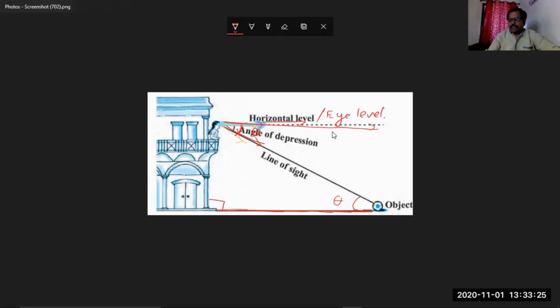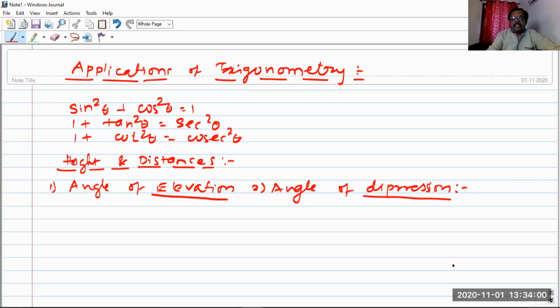So all these things can be obtained with the help of trigonometric functions, as the trigonometric functions are defined in terms of the sides of a right angle triangle, right? That we have already learnt in the previous topic of trigonometry. So the same thing we are going to use here to find the heights and distances of the objects in the given examples. So let us see some examples related to the same, right? Let's try to solve some examples related to this. Let's go. So let us see one example, student, here.